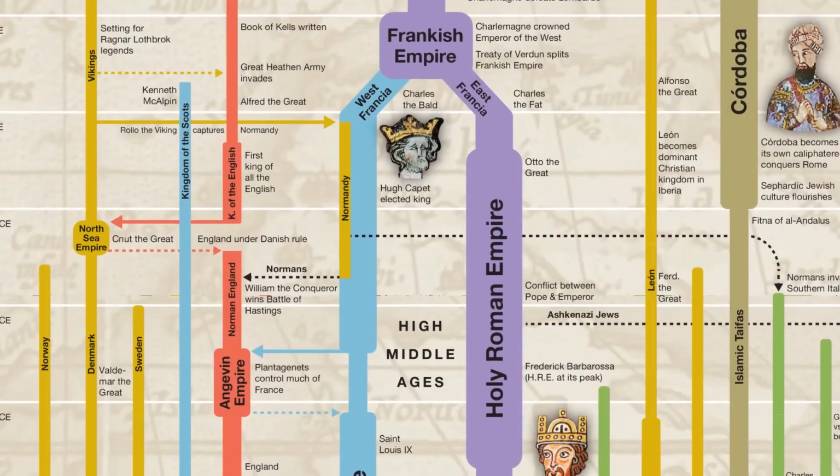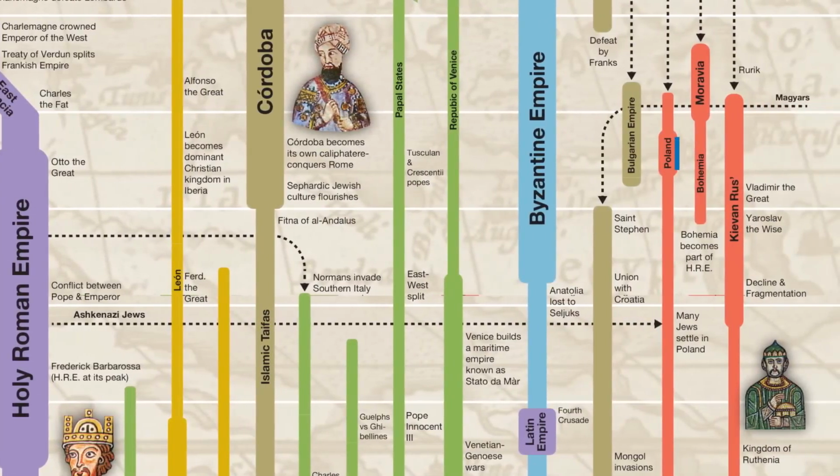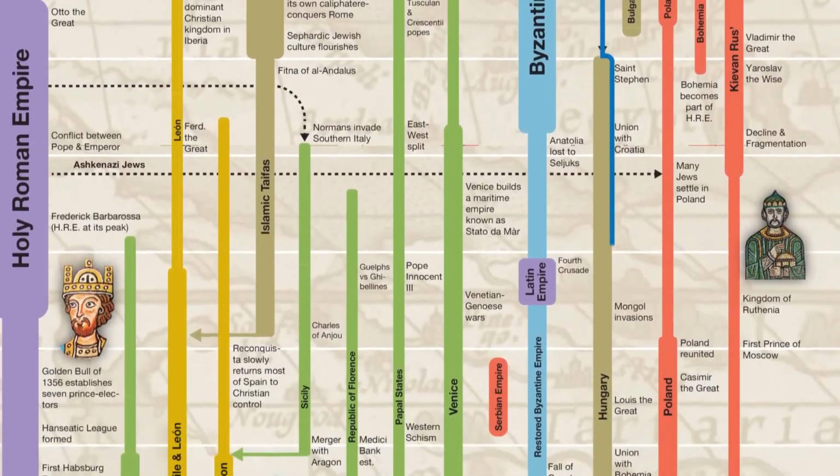But before we move on, let me point out what was happening in some of the other parts of Europe during the early Middle Ages. In the east, the Slavs established Poland, Bohemia, and Kievan Rus, whereas the Bulgars established the Bulgarian Empire, which at one point rivaled the nearby Byzantine Empire. Around this time, another group migrated into the area from Asia, the Magyars, who went on to establish the Kingdom